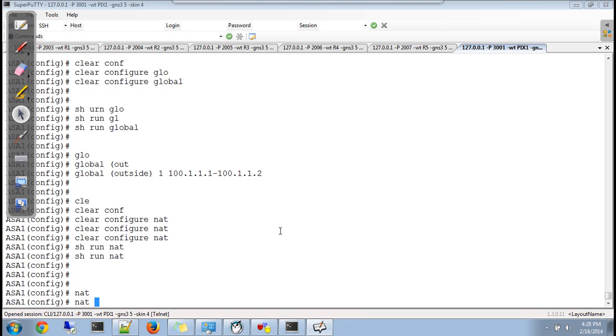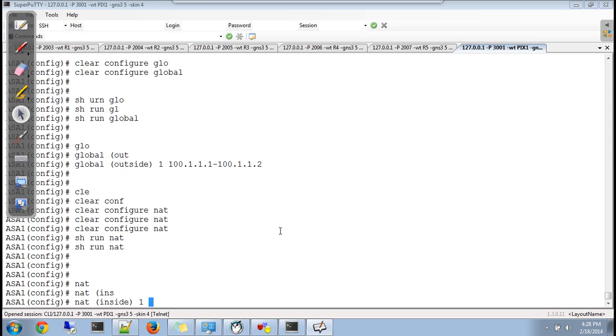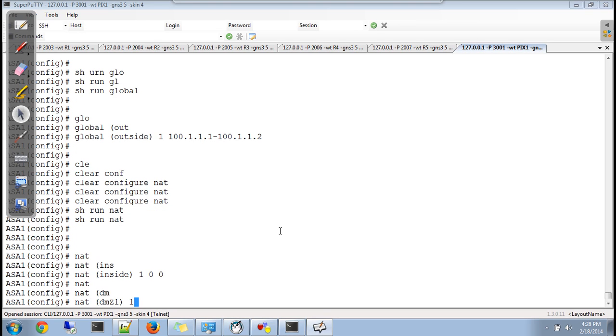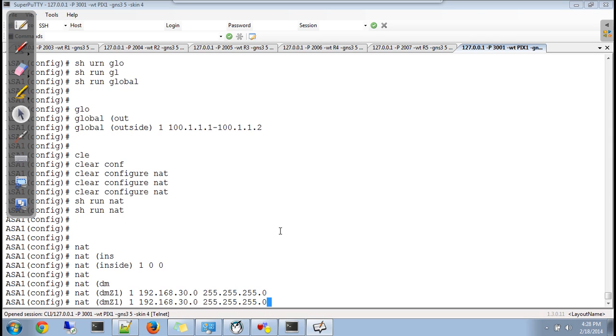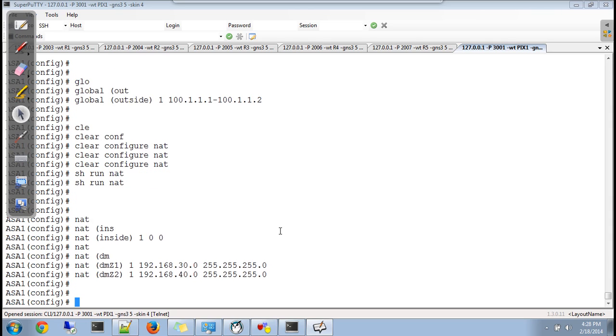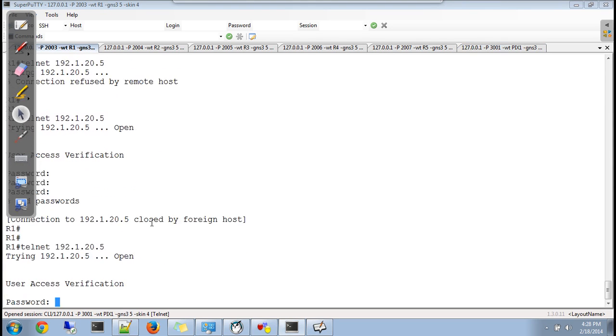I'll say NAT inside 1 for anybody from inside, anybody from DMZ 1, again use pool 1. At this time, because you have only two IP addresses, if you try to go out, you can go out.